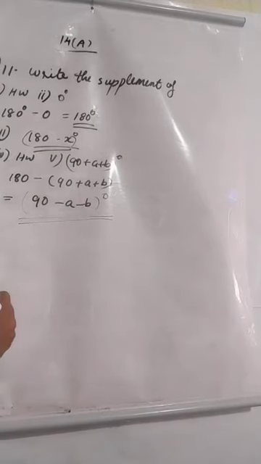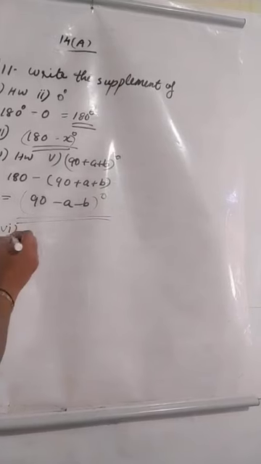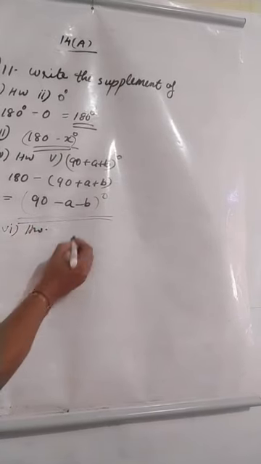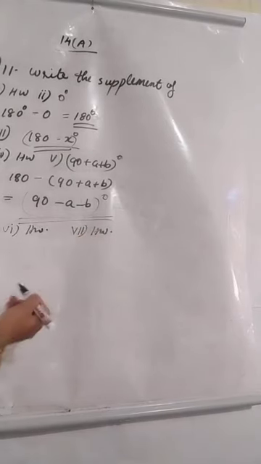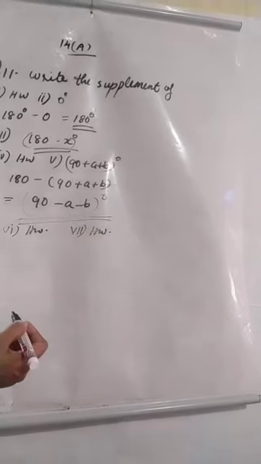Now the next is sixth one, homework. Seventh question also homework. First you find 1/5 of right angle, that is 1 by 5 into 90. Then you subtract that value from 180, that much only.